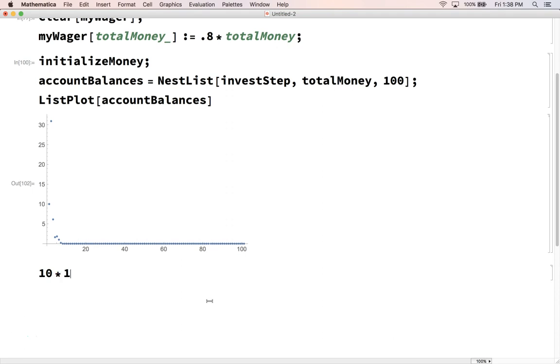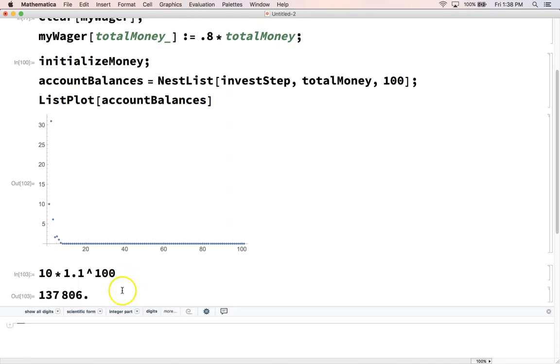So how do you simulate that? You simulate it by doing multiplication by 1.1, so 100% plus this additional 10%. And I do it 100 times. So I raise that to the 100th power. I do this multiplication 100 times. And then I evaluate it. I actually don't have to put an n around it because there's already a decimal, so it's already going to be numerically approximated. So on average, if you just invest everything all 100 times, the average you expect is